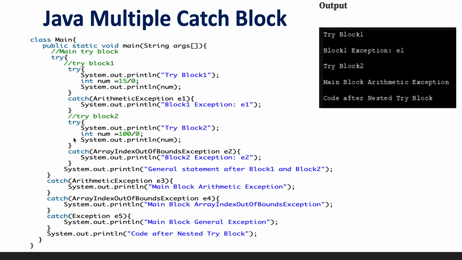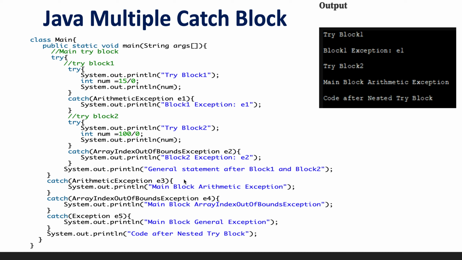Since the exception occurred here, it will not execute this statement. It will come out of this try block and check whether there is any catch block which handles this exception. Then it will see that ArithmeticException is handled there, so it will come inside here. That's why it is printing main block arithmetic exception, which is what we have written here.